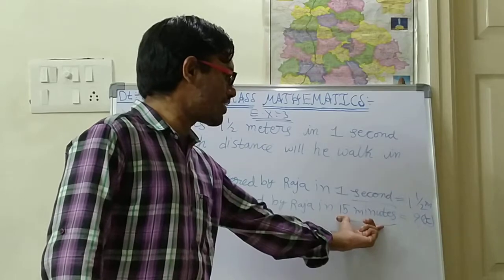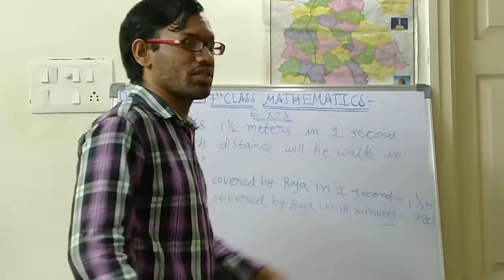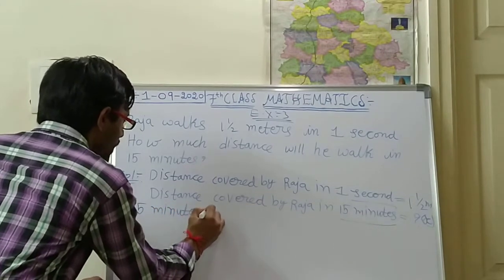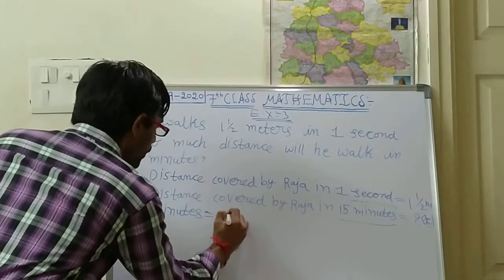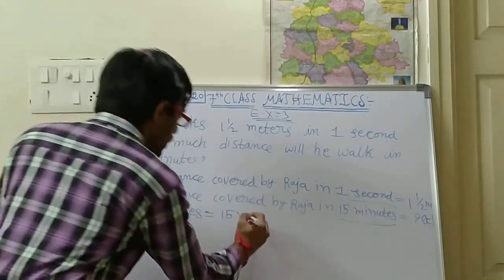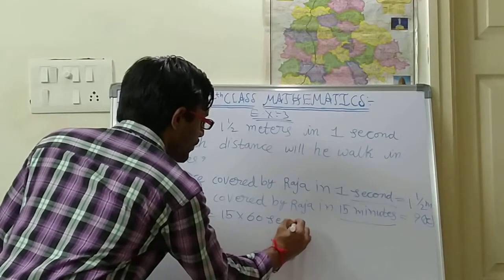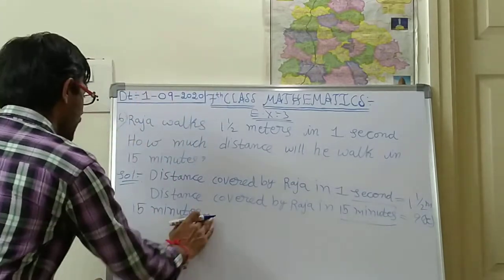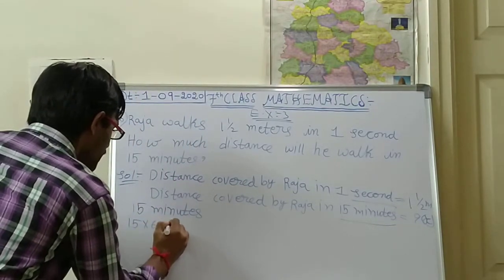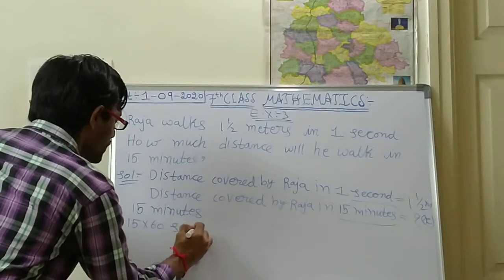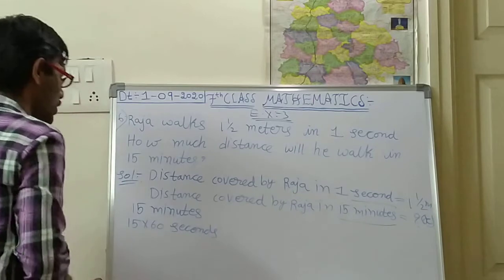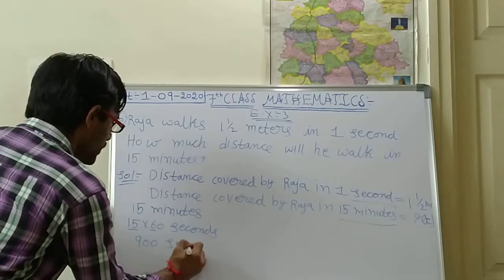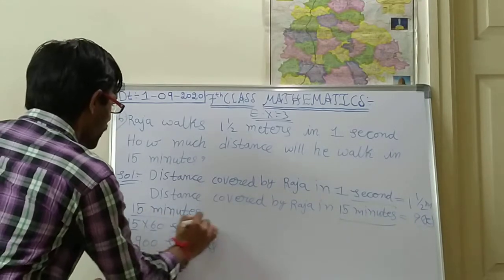So here 15 minutes is there. So minutes you should convert into seconds. So first 15 minutes you should convert into seconds. Okay, 15 minutes means 15 into 1 minute is equal to how many seconds? 60 seconds. Okay children, I think you are understanding. So 15 into 60 seconds. 1 minute is equal to 60 seconds. Okay, so 15 into 60. 15 6s are 90, here 0. So 900 seconds. So we have converted 15 minutes into seconds.